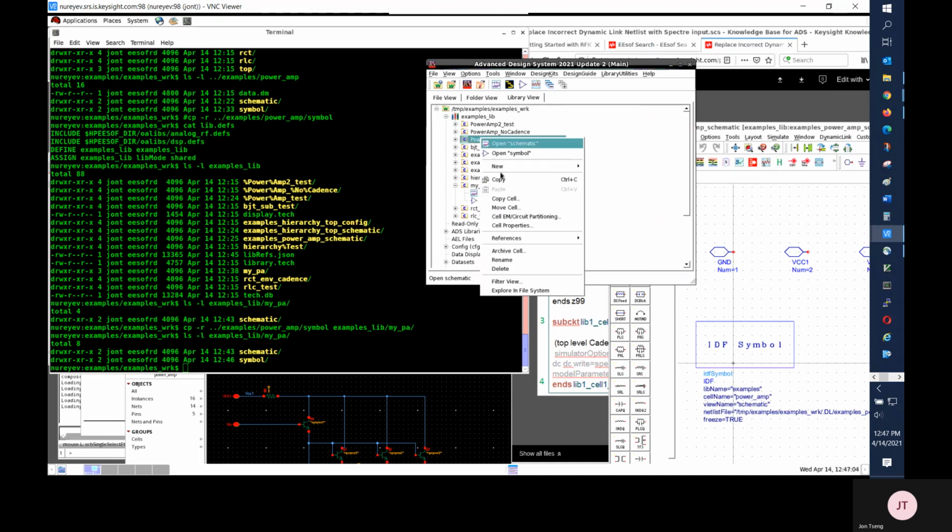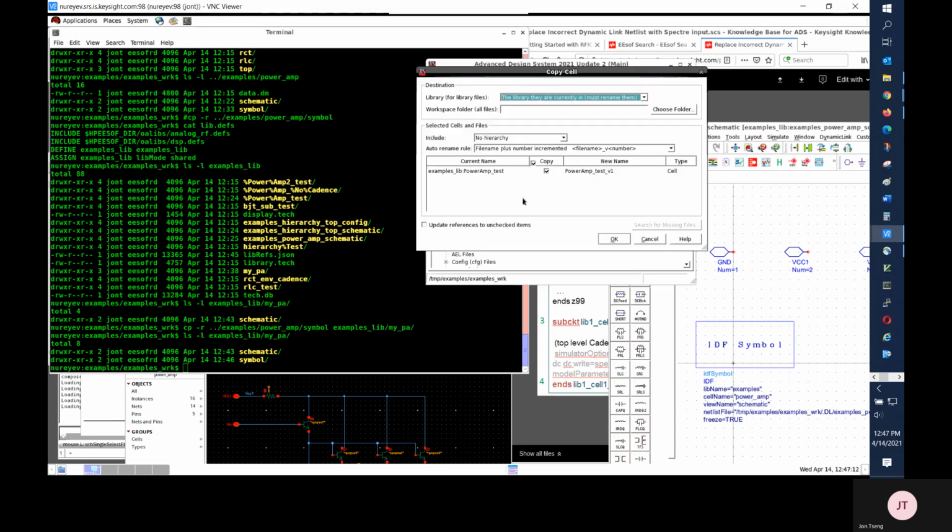I will duplicate the PowerM test bench and use it to test this new component. I need to copy the whole cell and call the new cell test my PA.